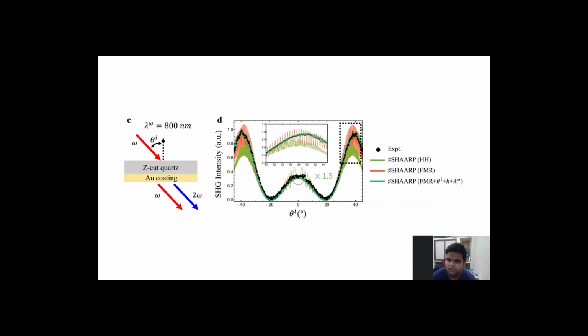This is talking about our curve. So in this example, we're going to look at the FMR with incident angle theta superscript I plus h plus lambda superscript omega. So we pass the omega frequency, and due to second harmonic generation we get two frequencies out. That's pretty standard. So what we want to look at here is the green line,